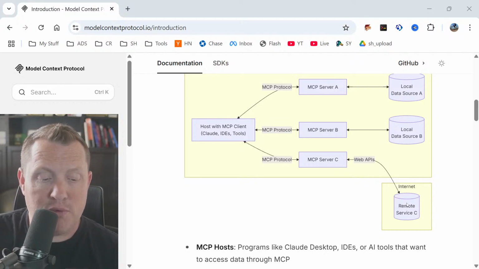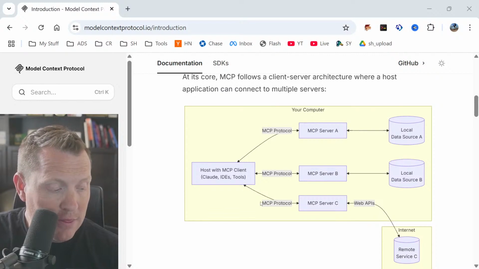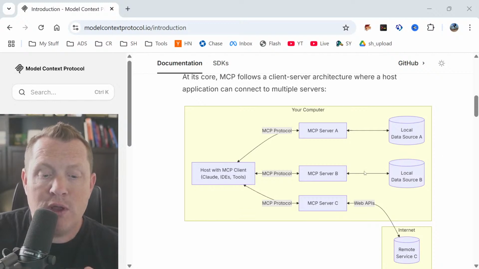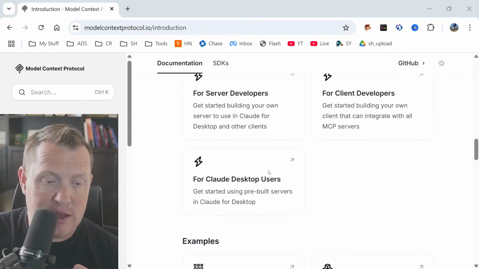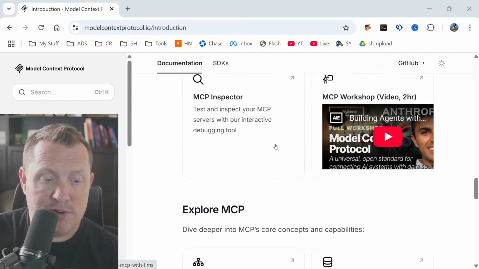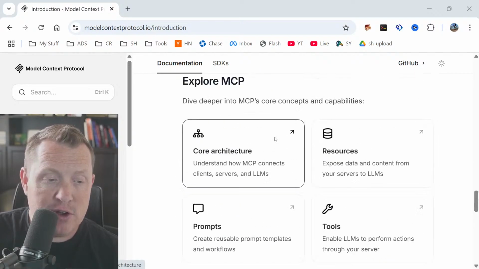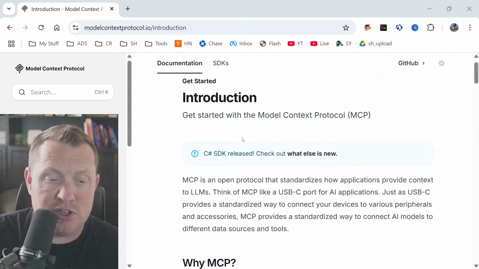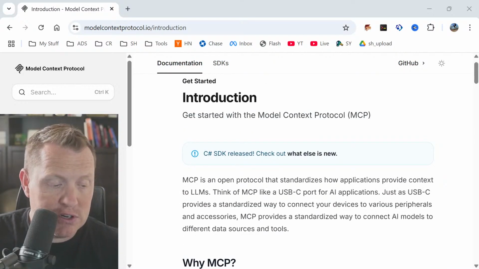So if you want to go read a browser, or if you want to have something that's going to integrate with data from a database, this is a new open protocol that Anthropic is publishing and that everybody's getting on board with. So this will allow us to get into where you can see there are servers and other things. This is their Model Context Protocol documentation here for them to start building into this. So this is going to be a big shift because we're going to start to see more and more things be connected to LLMs, which are going to make them more useful, right?